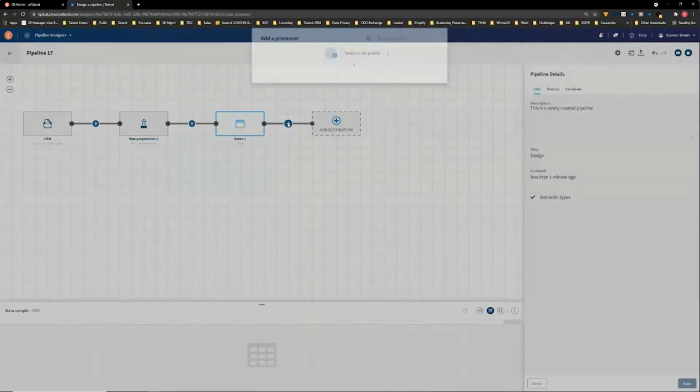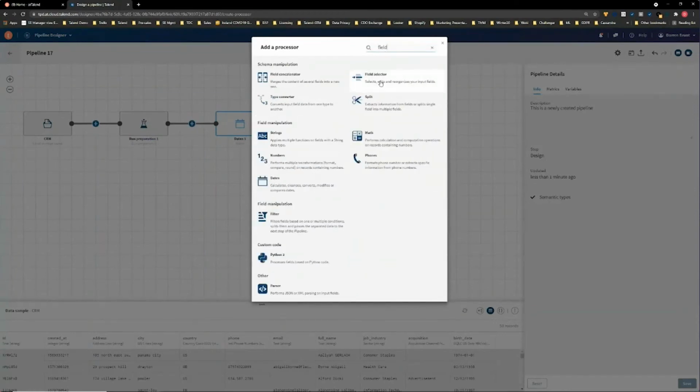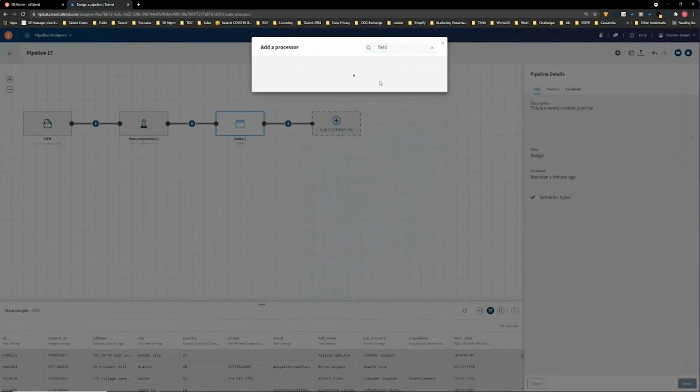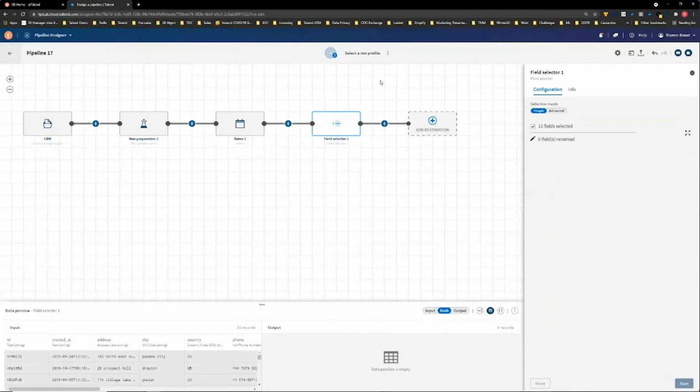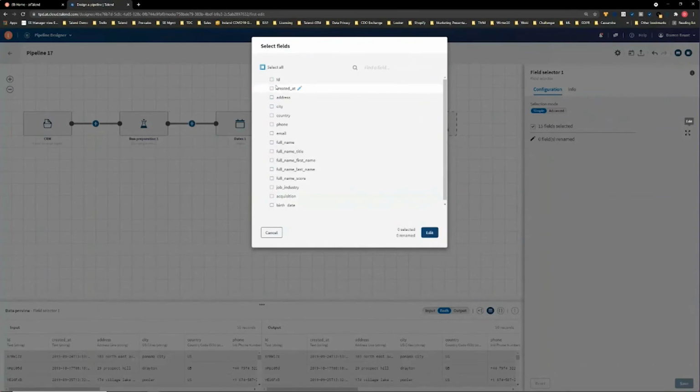But also this is an analytics project. So what I want to do here is actually select a subset of the fields that would go into the analytical output, from our cleansed CRM. So what I'm going to do here is select certain fields from here. So again, let's just take a look at the fields that might need to be created here. So I want my ID. We want to do some analytics on country and phone numbers and emails and full names, and probably look at them by job industry and acquisition channel. So just selecting a subset of the attributes for our output that we want to create our analytics view of this data for.